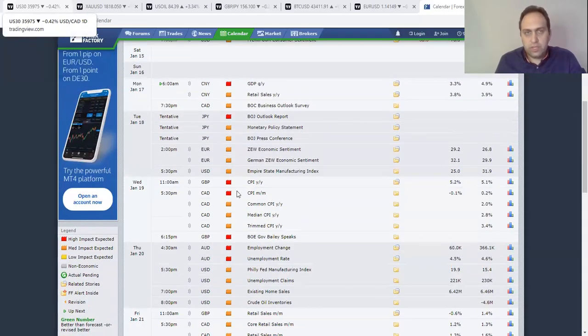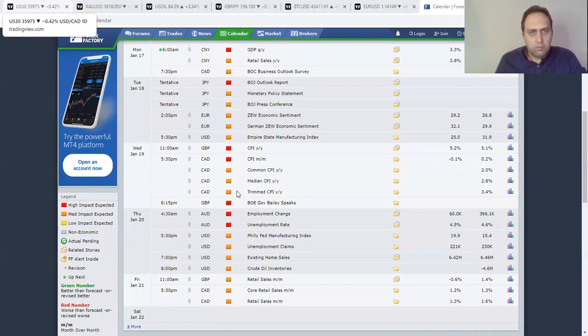Okay, so let's start, not to waste time. Next week we always start with the news. No big deal on Monday. Tuesday, JPY, Japanese yen: the Outlook report for the economy. This might have some impact on the Japanese yen. You can see the details of the weekly outlook report; it might have an effect on it.